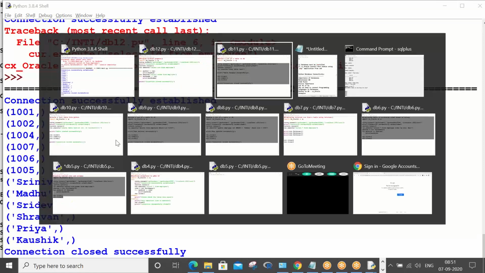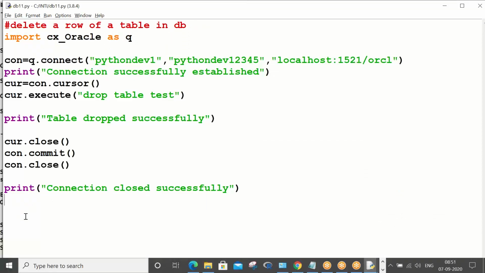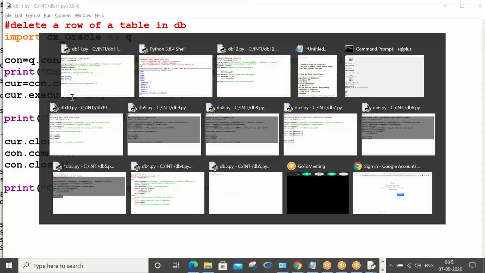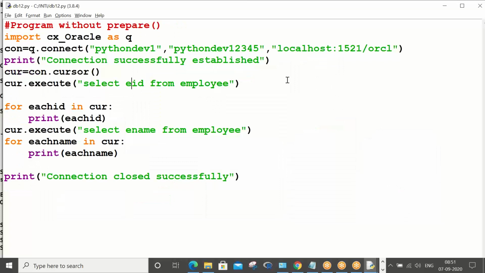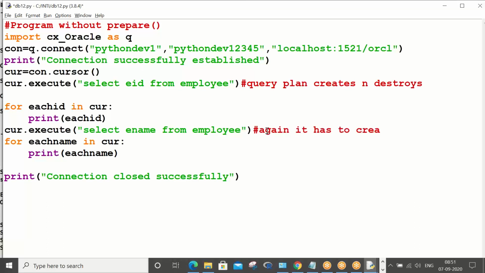This is the problem we are facing with the execute method. The query plan creates and destroys. So here again it has to create the query plan.